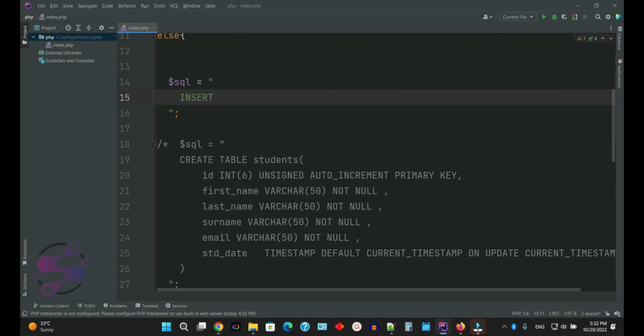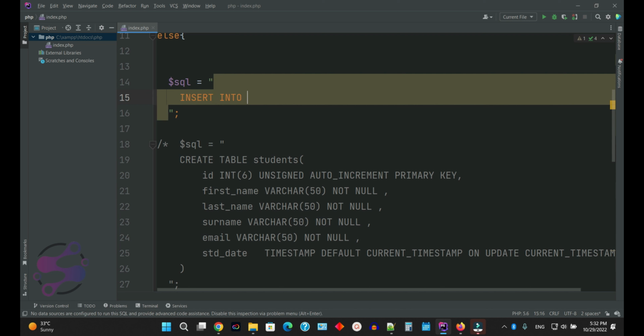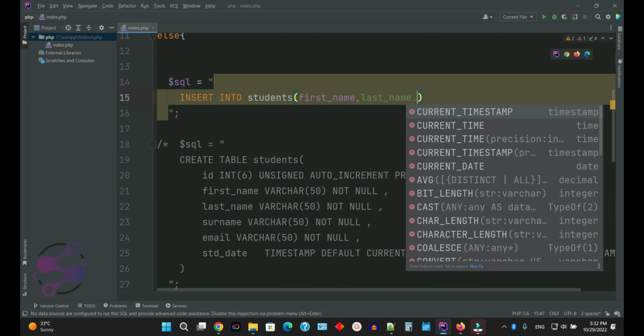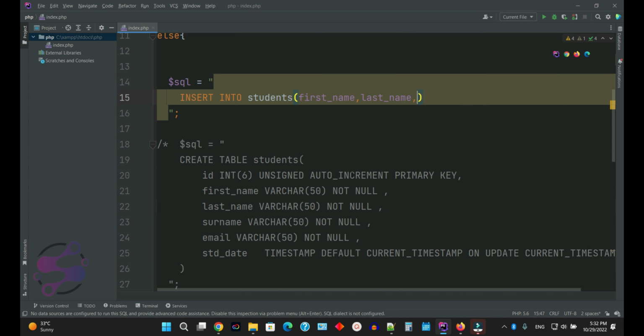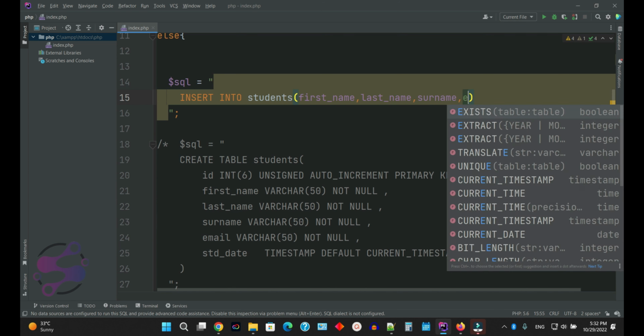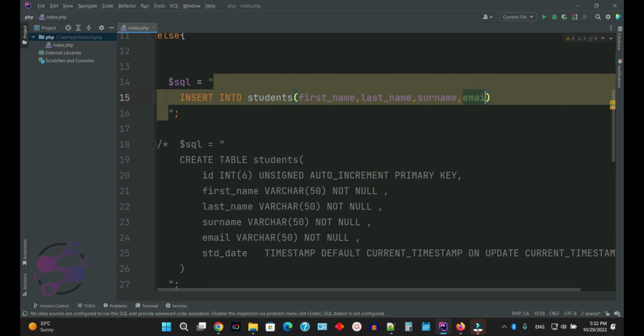I'm saying insert into this table, student table. First of all, you have to give the name of the columns. I'm saying first name as we have created, last name. These are the not null fields, surname, and also the email. And the values are